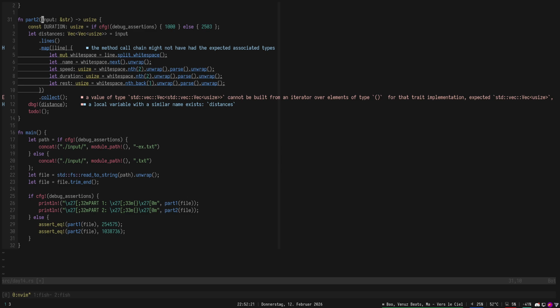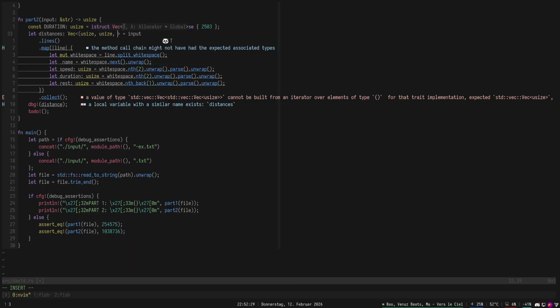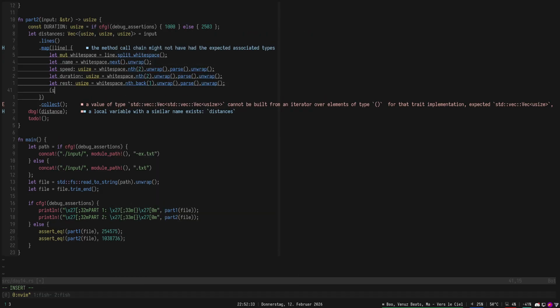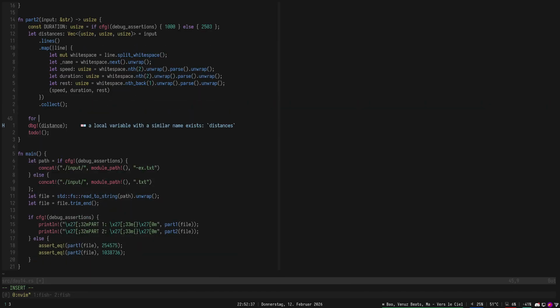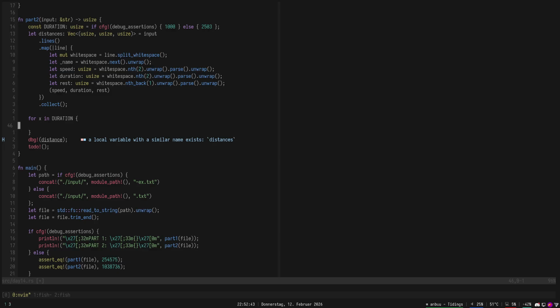Yeah, let's do the initial way of having a vec of speed, duration, and rest. So this is speed, duration, rest. And then for x in 0 to duration, we're going to say